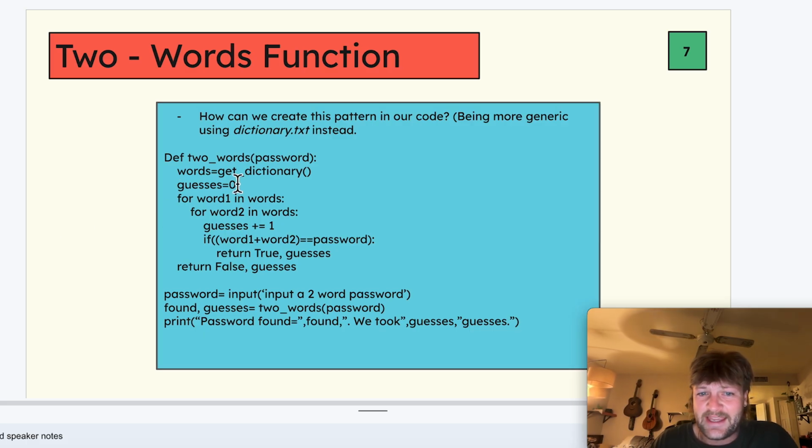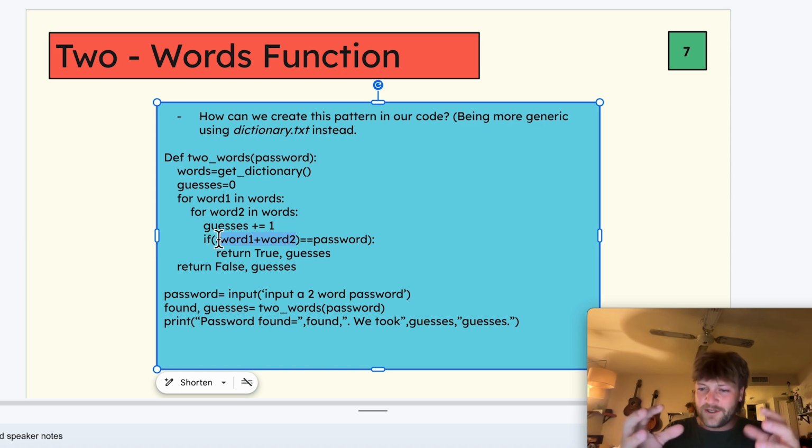We can end up setting guesses equal to 0. Then we can end up using that same code that we had before, right, for word 1 in words, and then for word 2 in words, and we'll iterate through all of those possibilities, right, for those two words. We're going to increment guesses each time. Then we can end up concatenating word 2 and word 1 together. And then we can set up an if statement if those two words concatenated together is equal to our password. Then what we want to do is we want to return true, because we ended up finding our password. And then we also want to return guesses so that we can know how many guesses it took to actually